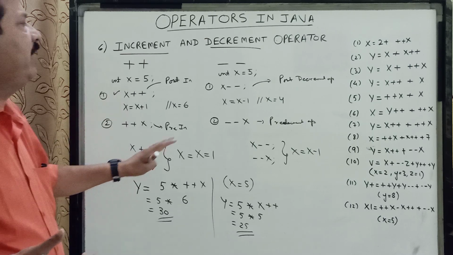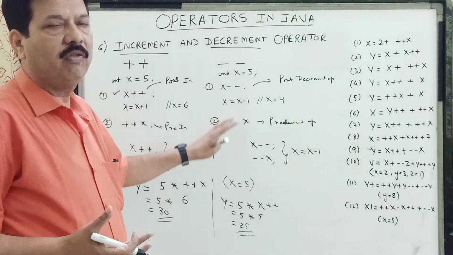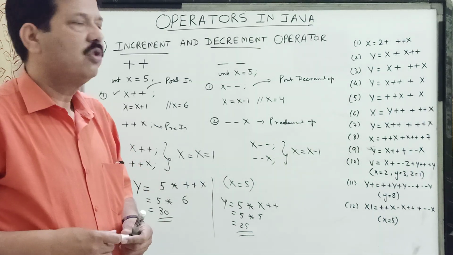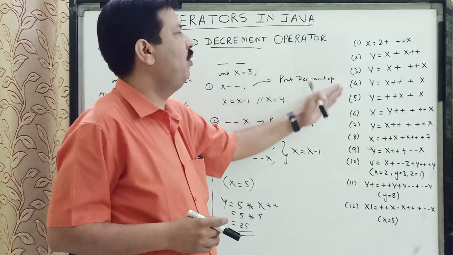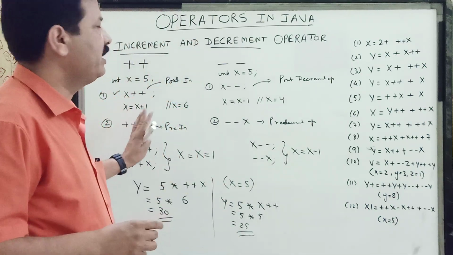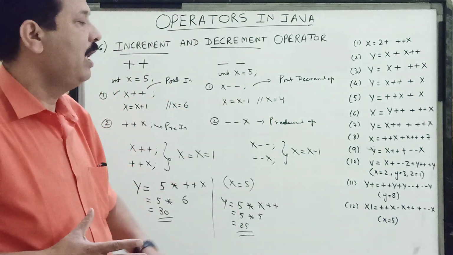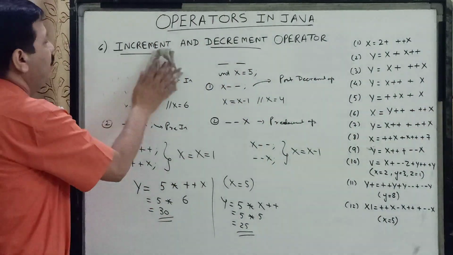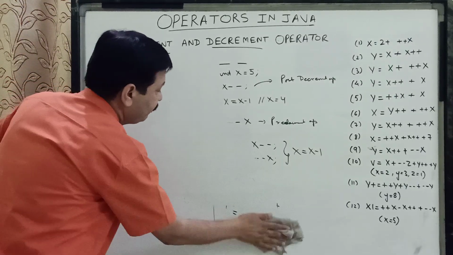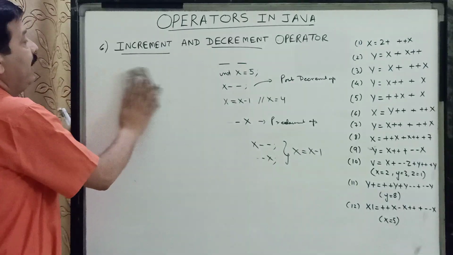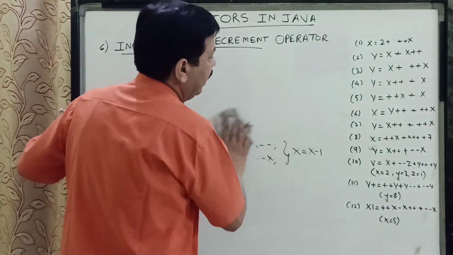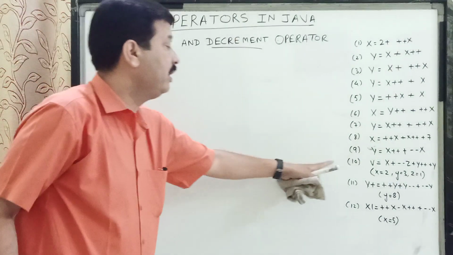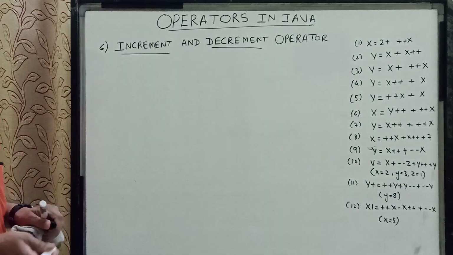In the same way, children, the decrement operator works, and it also uses the concept of use and change, and change and use. So children, there are some expressions which I have written over here, and we will follow this concept of pre and post with the help of these expressions. These expressions I have taken from your book only, so we are solving it from the book. We'll do it one by one, children, and we'll take some values. The last 3 questions which I have written here are from the board exams of the years 2019, 2018 and 2017. So it is coming in the board paper also.